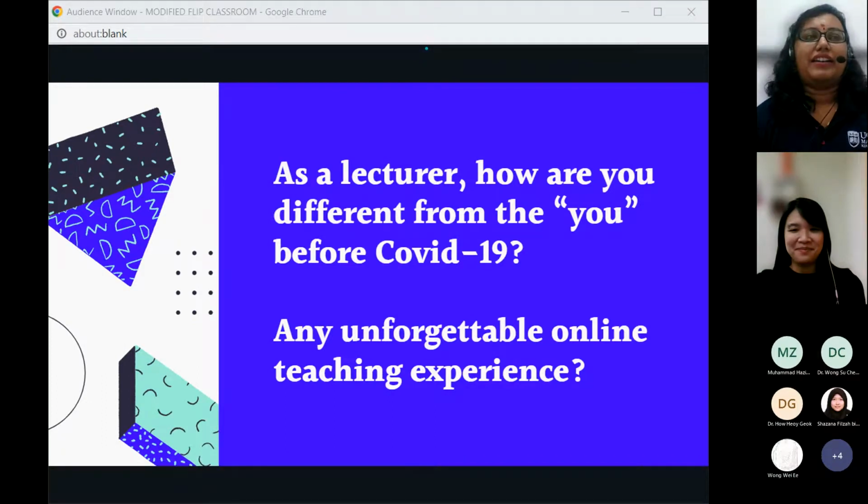Number two, I tend to be more understanding from students' point of view, because before this, it used to be like A, B, C. You follow the set of rules and regulations. But during the pandemic, a lot of things happened, and some students have poor internet connection, and all those reasons they give for sometimes missing our assessments.